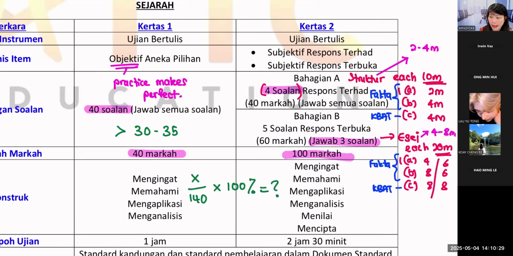Generally, your A and B are fakta soalan. What do you mean by fakta soalan? Fakta soalan refers to questions where the answer can be gotten from your notes. You cannot give your own opinion, it is memorized. Yes, you're so smart. Of course, this is not nice to hear, it is memorized. Yeah. So then,